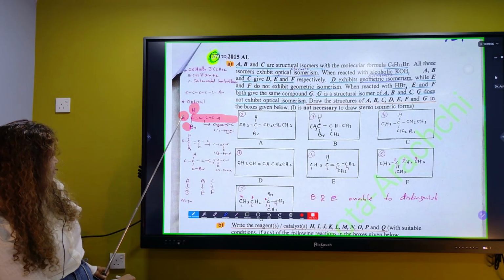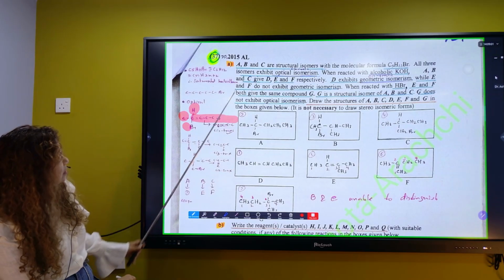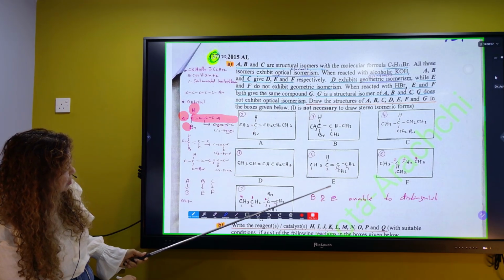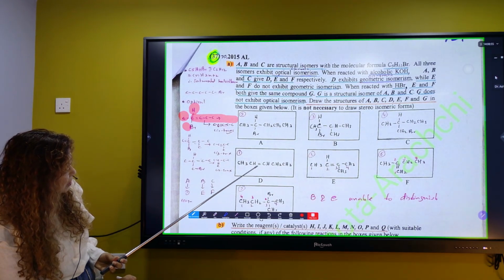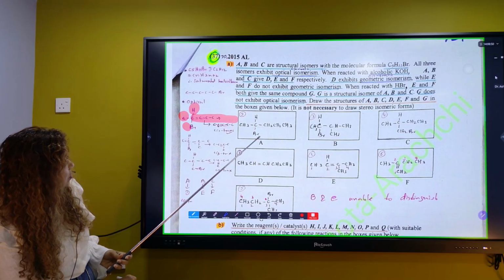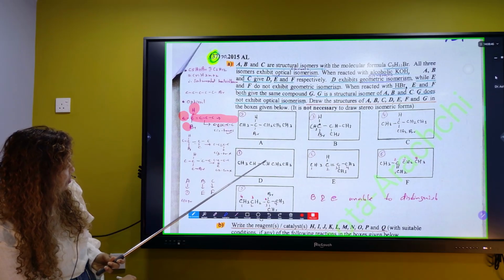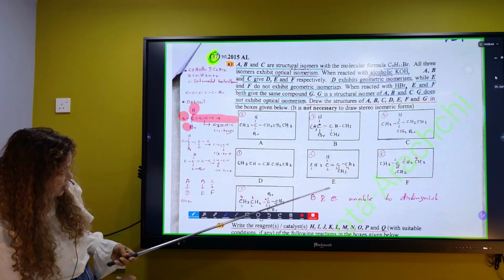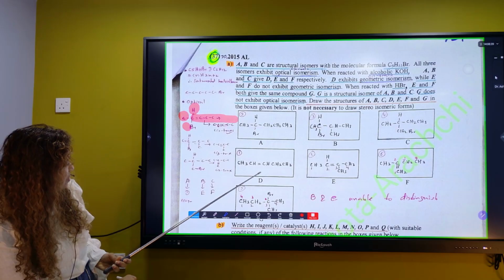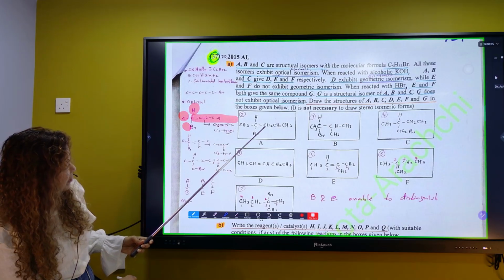So we can go with this one, and this one. Okay, and then DEF. D exhibits geometric isomerism. Make it one. D comes from A, so this is supposed to be A, so this is supposed to be D. We do this on a scratch paper, because we don't know which one is A, B and C. Now we know since this is D, this is trans, this is supposed to be A. E and F have no geometric isomerism.